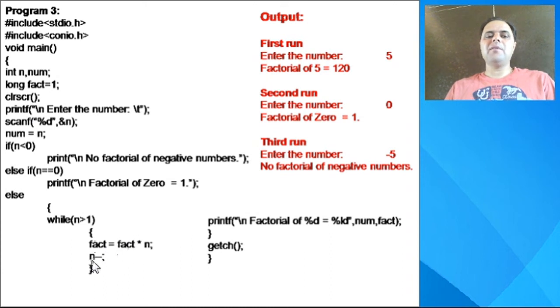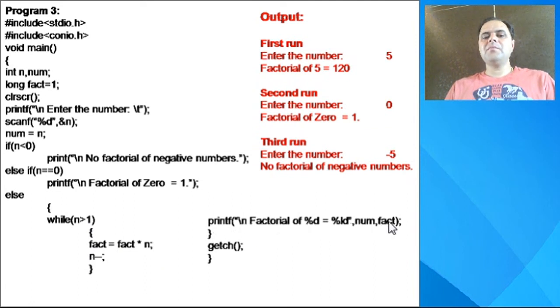So now the value of n becomes 3. 3 is greater than 1, so fact equal to fact into n. So the value of fact becomes 20 into 3, 60. Now the value of n becomes 2. So 2 is greater than 1, so fact into n, 60 into 2 is 120. The value of n becomes 1. 1 is not greater than 1. So its value becomes 120, and control will go outside this while loop, and here it got printed, factorial of